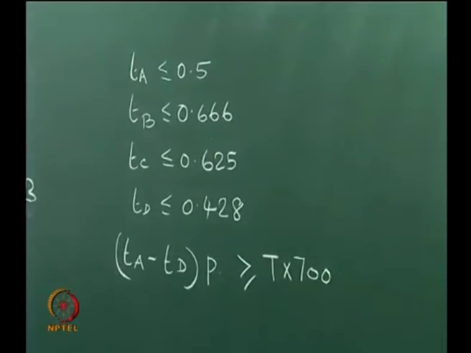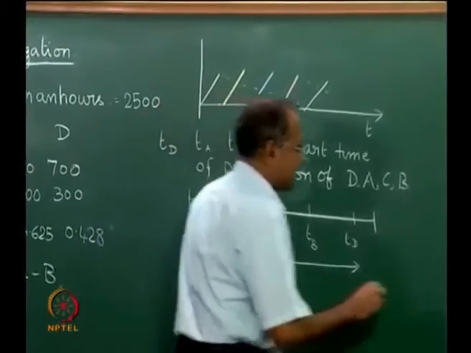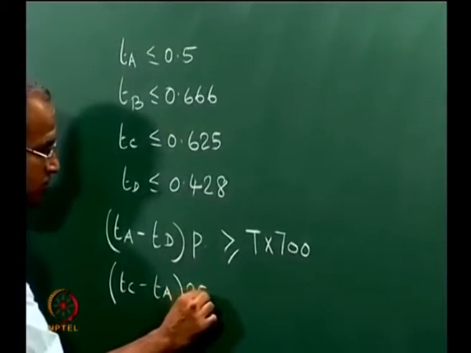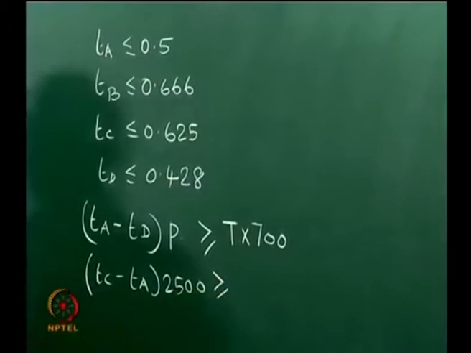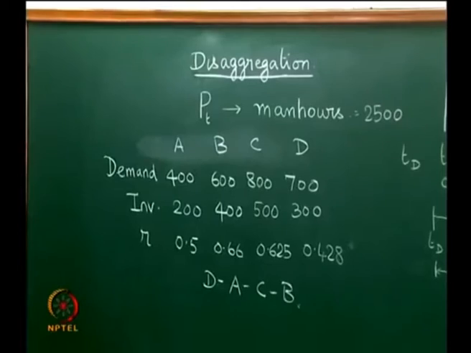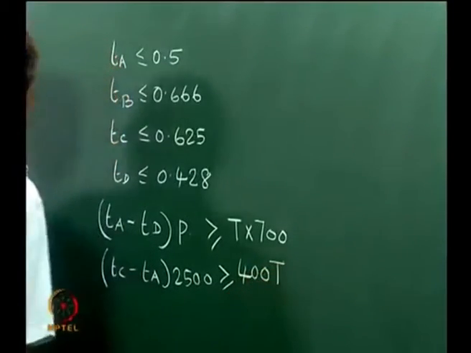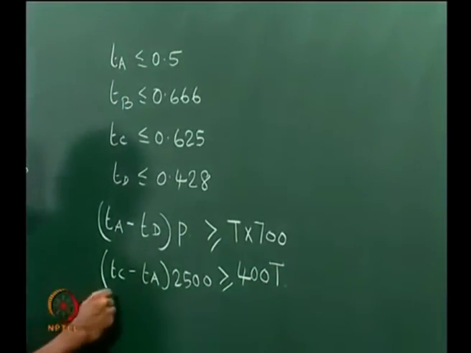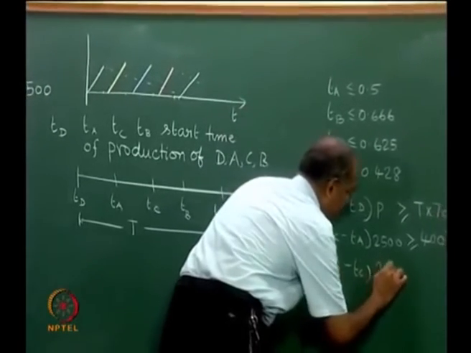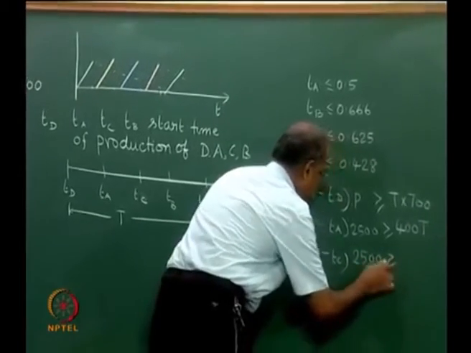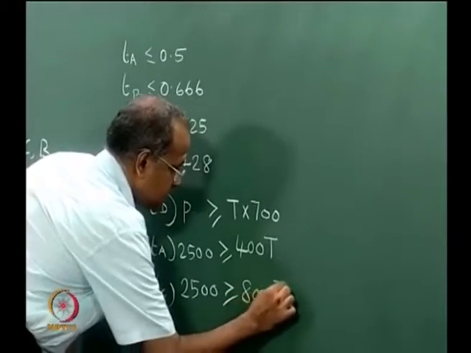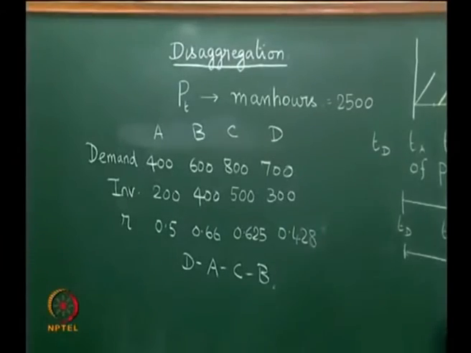Now, this item A is produced for a period Tc minus Ta. So, Tc minus Ta into 2500 is greater than or equal to, this is producing item A. So, this is 400 T. Tb minus Tc into 2500 is greater than or equal to 800 T, and